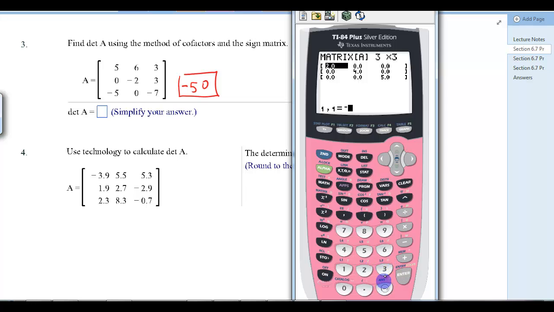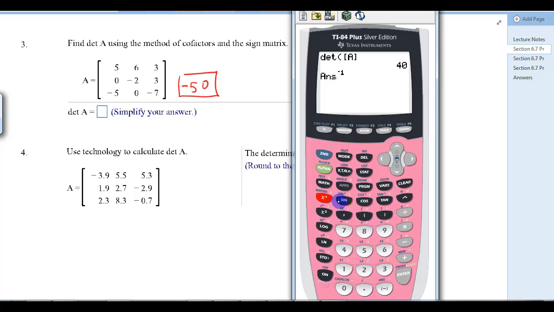And we're going to put in negative 3.9, 5.5, 5.3, 1.9, 2.7, negative 2.9, 2.3, 8.3, and negative 0.7. All right, so looks like I got them in there, right? I'm hopeful. All right, so second quit,